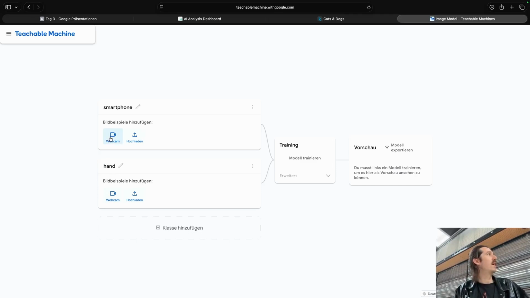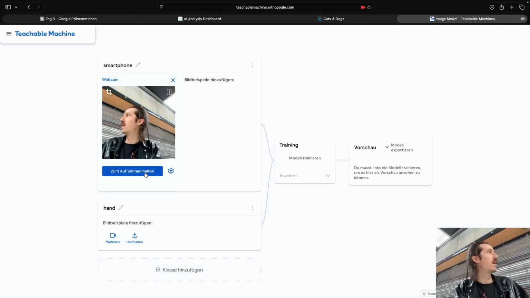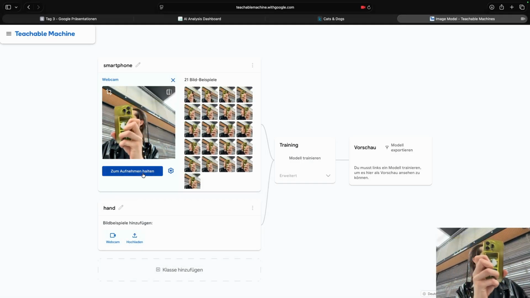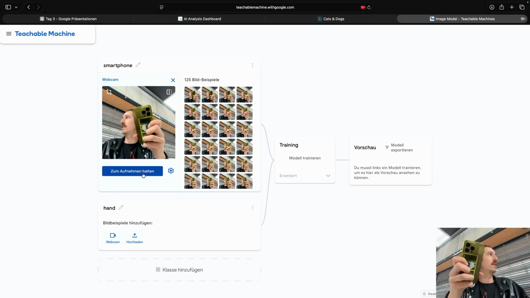And now here I can generate a data set in real time. So when I click on webcam, it asks me for the webcam access, and then I hold up the smartphone like that. And once I click it, now I can generate a data set in real time of the smartphone.